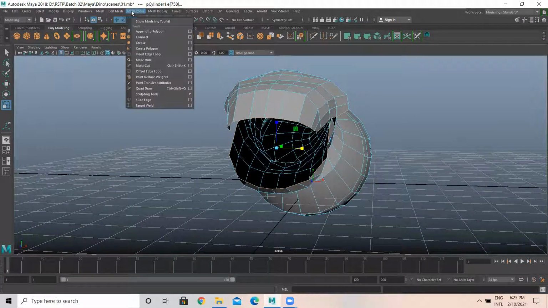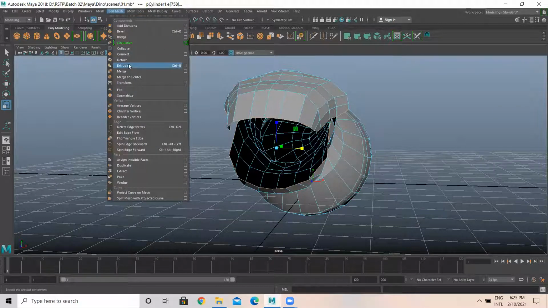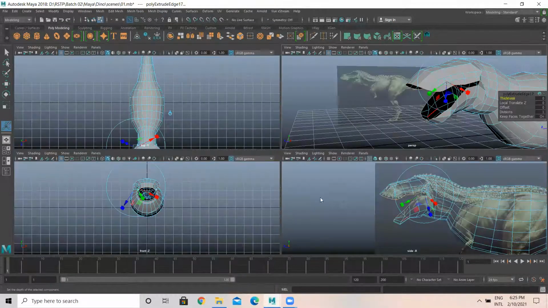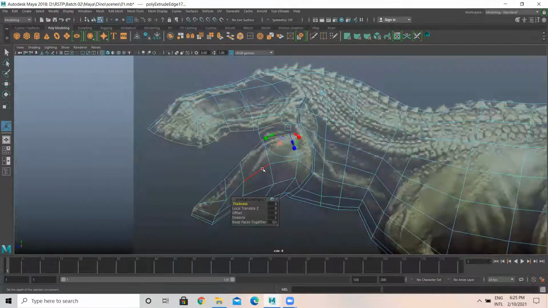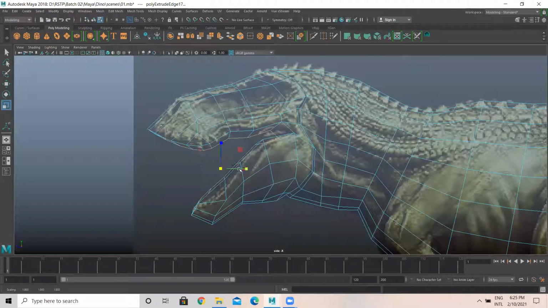Now extrude this. Edit mesh extrude. Come over here. So press R like this. Inside. Again extrude. Scale it inside. Inside like this.